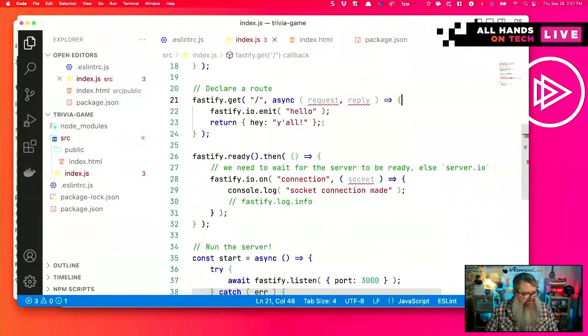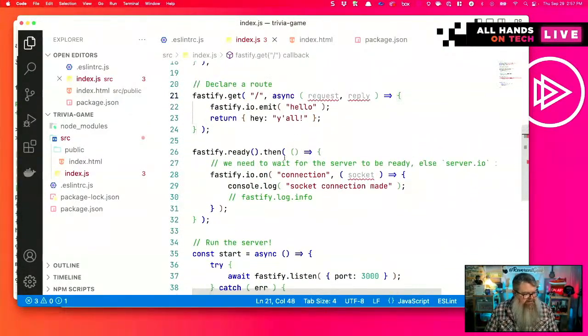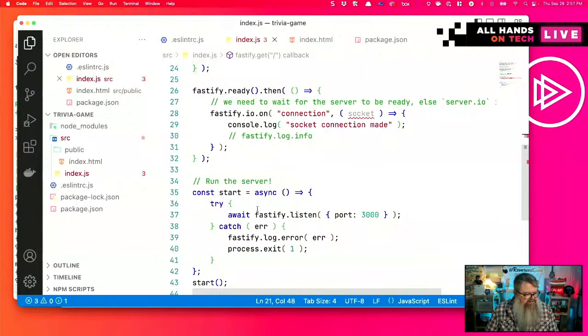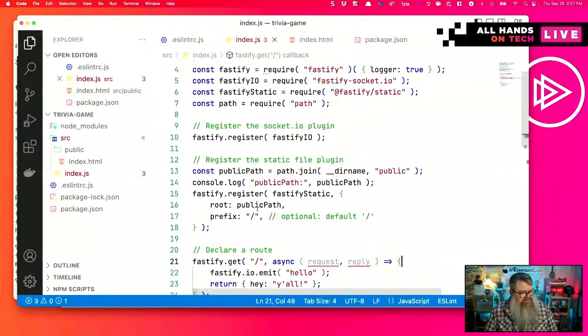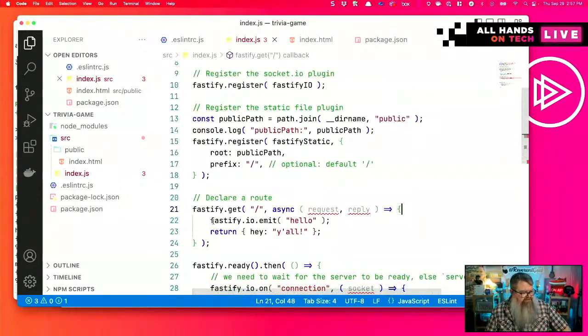So somehow we've got to make the server socket connection whenever the HTML page is emitted.